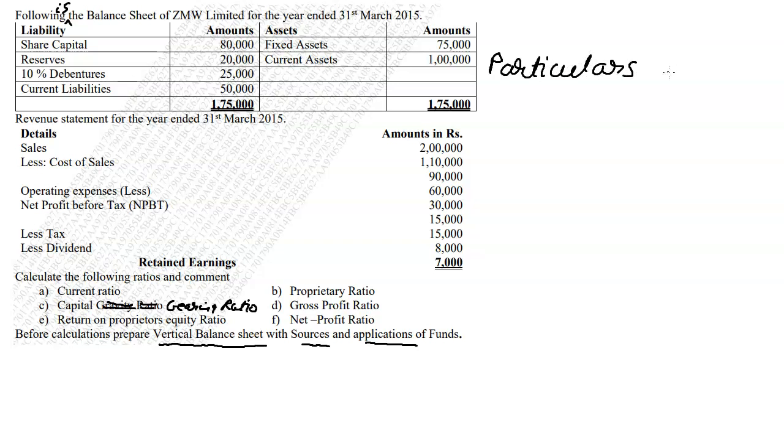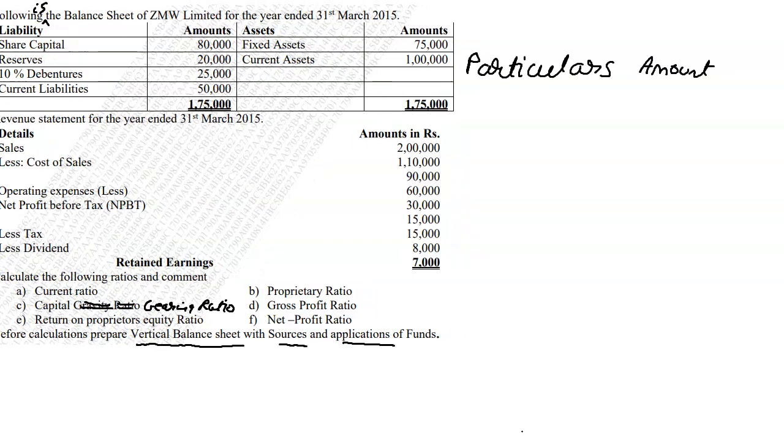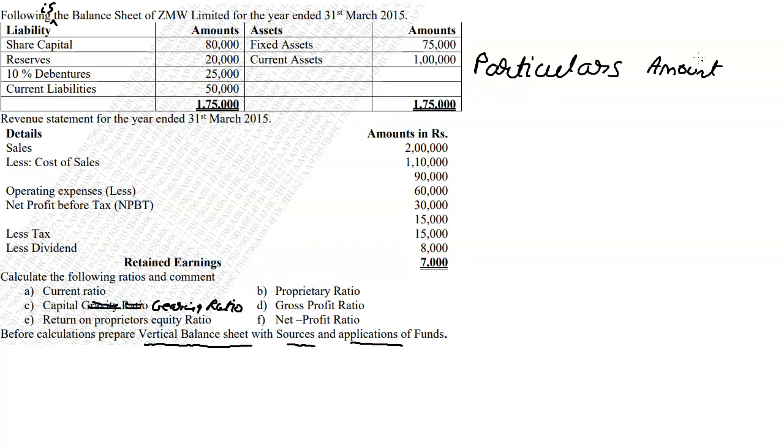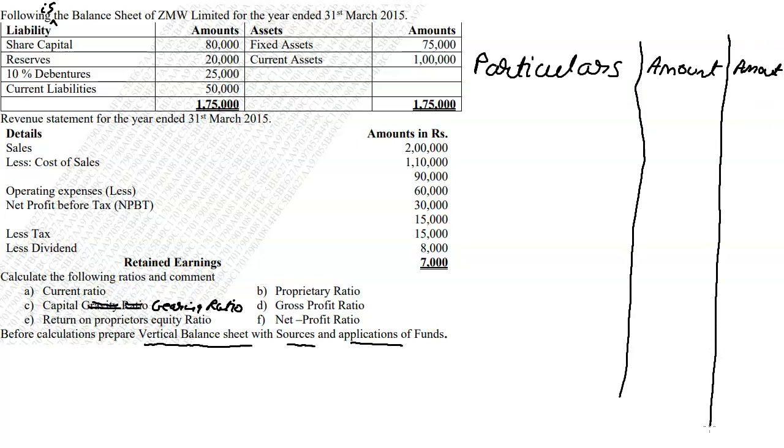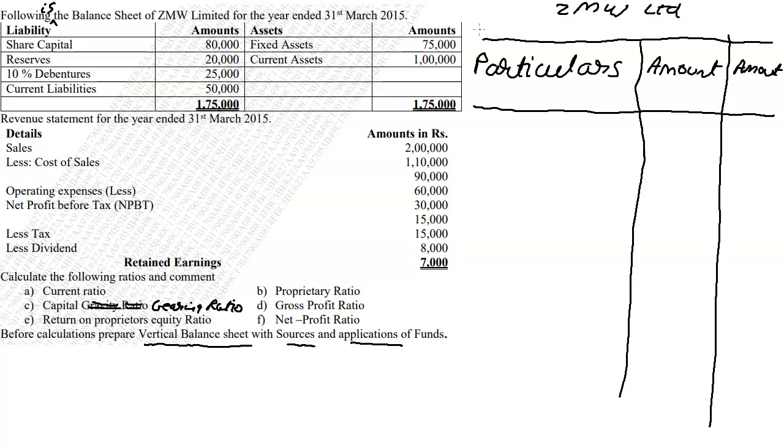We have particulars, okay, and we can make do with two amount columns. Okay, so particulars, let's see. Alright, particulars, amount, and again amount. Okay, I am dispensing with neatness. This is just for your understanding. Alright. Your title can be the name of the company, so ZMW Limited, and balance sheet